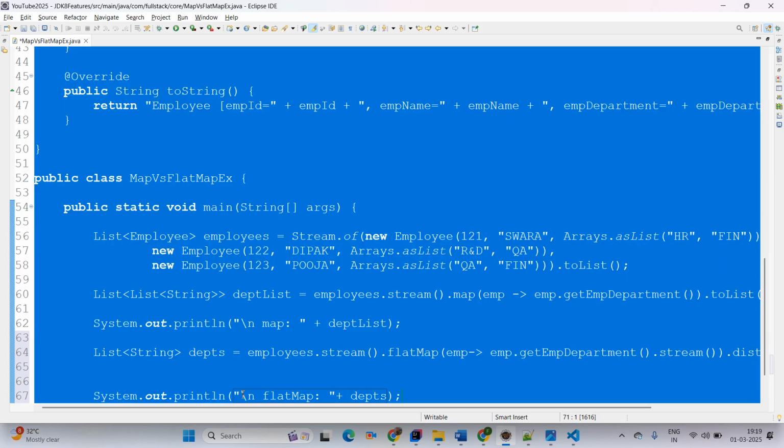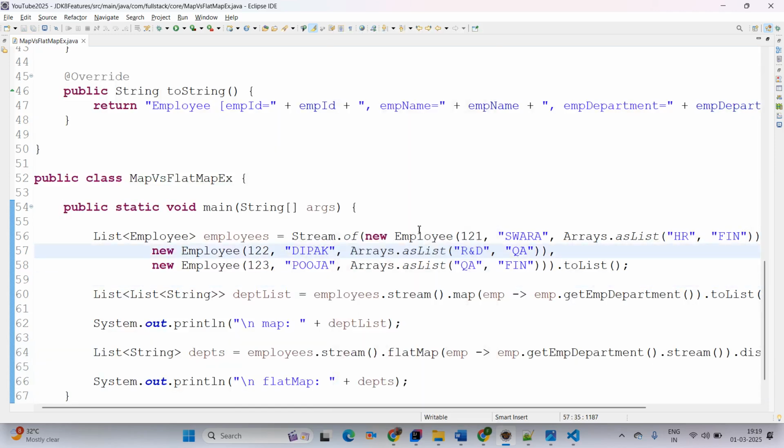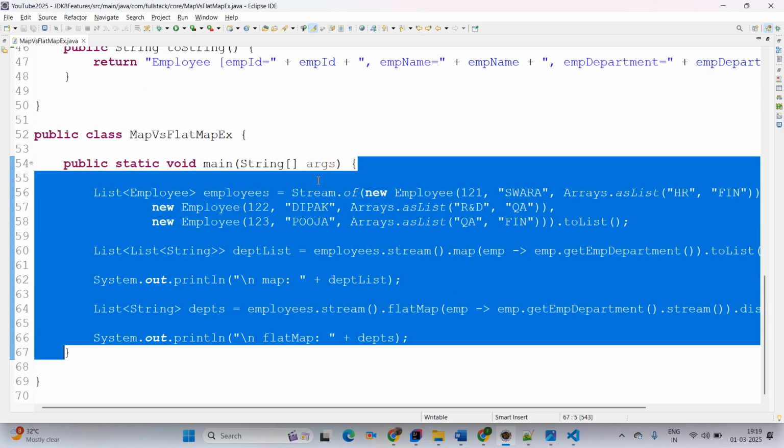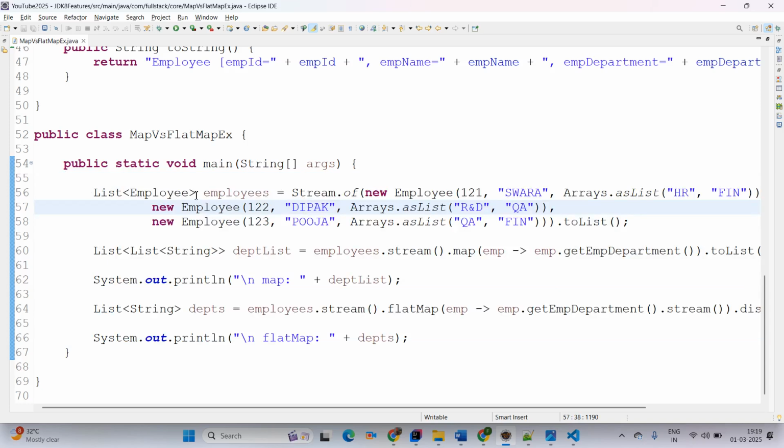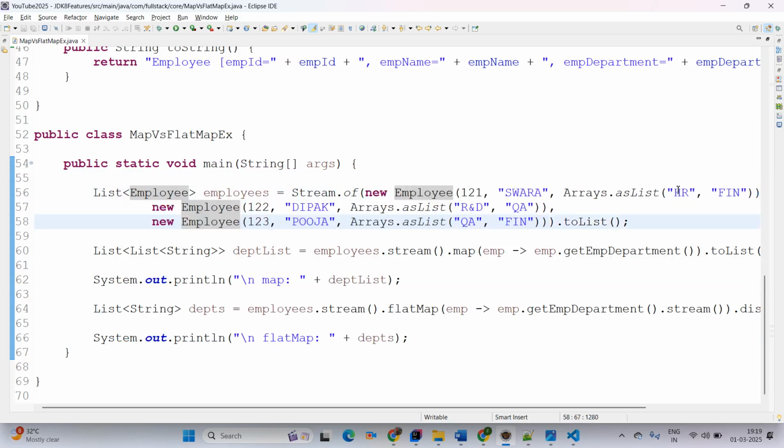Control A, Control I, Control Shift F, it will format the code base. Now I will explain the example and then we'll go ahead with the output. See, inside the main class main method we have added a list of employees here. As per our business requirement, we have added 3 employees here, and each employee comes from a different department, like